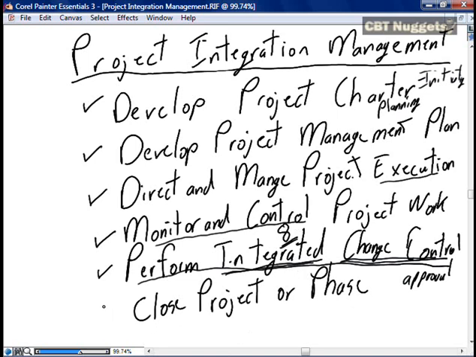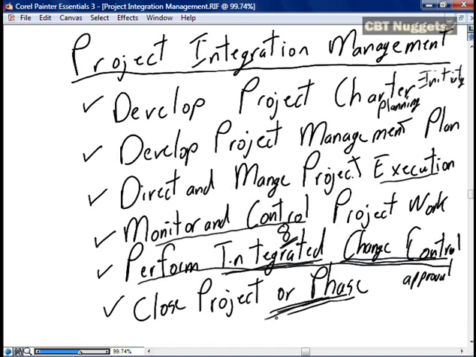And then finally, we close the project, or a new set of words added in this fourth edition of the PMBOK guide, we close the project or phase. The previous release of the PMBOK guide always recognized that we do the initiating, the planning, the executing, the monitoring and controlling, and closing on a phase or a project level.